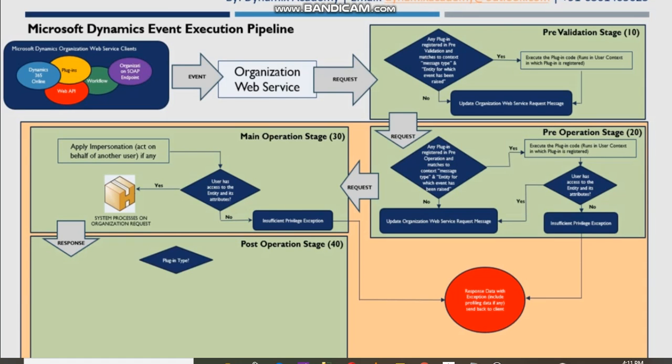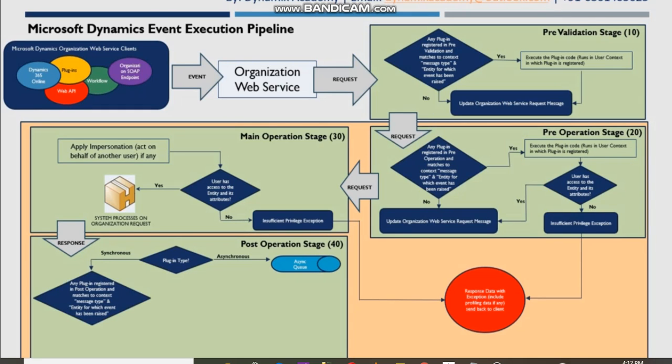Here the platform will first check what the type of the plugin is. If the plugin is asynchronous, then that response message will be passed to the asynchronous queue, and it will create a system job in the Dynamics 365 instance, and that system job will be handled by the asynchronous service of the Dynamics 365 server. If the plugin is synchronous, then again the platform will first check, are there any plugins